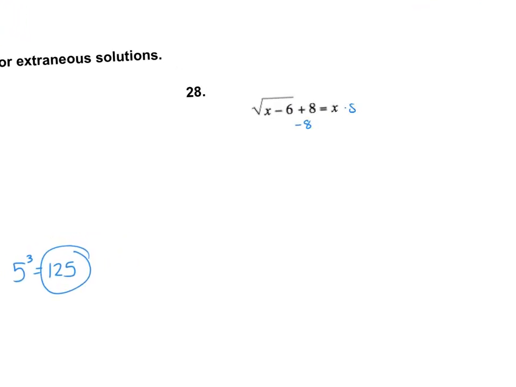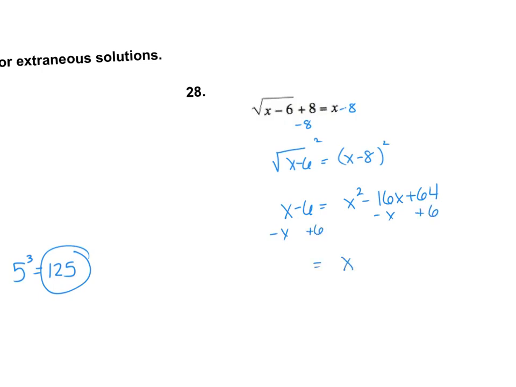So we're going to minus 8. Square root of x minus 6 equals x minus 8. Square both sides. X minus 6 equals x squared minus 16x plus 64. So we get x squared minus 17x plus 70, x minus 7, x minus 10, x equals 10 and 7. So 10 minus 6 is 4 plus 2, 8, yep, 7 minus 6 is 1. 7 does